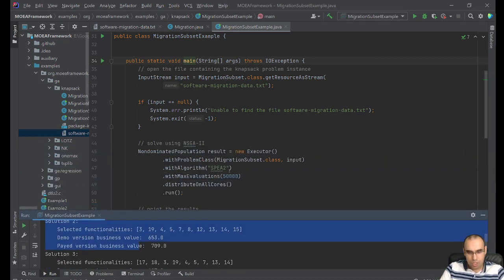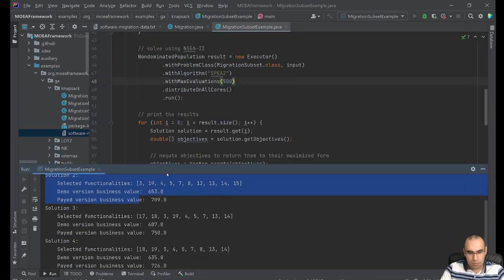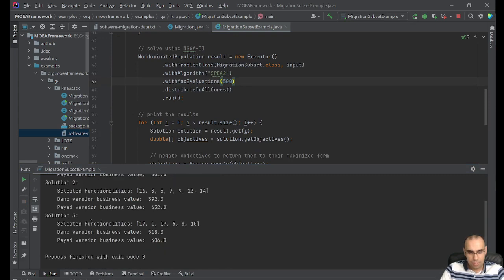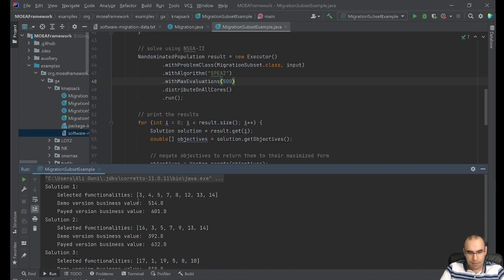We can also change here the maximum number of iterations. So for example, if we keep it on 500, we can see what we will obtain. Here we observe that we only obtained 3 solutions, smaller, with fewer functionalities that are selected. So these parameters need to be defined with trial and error, and in order to